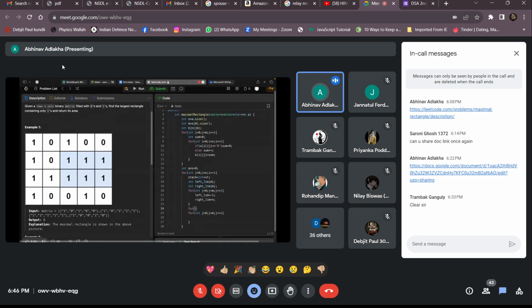So I will use a stack for it. If the stack is empty, no, one second. What I need to do here is, while stack.top,